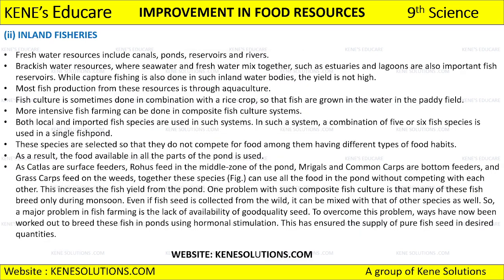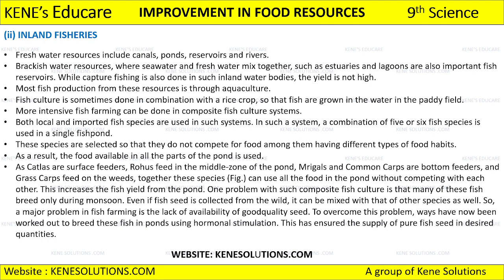After marine fisheries, we have inland fisheries to discuss. Freshwater resources include canals, ponds, reservoirs and rivers, and brackish water resources are where seawater and freshwater mix together. We know that when seawater and freshwater mix, they form estuaries and lagoons. Over here in estuaries and lagoons,